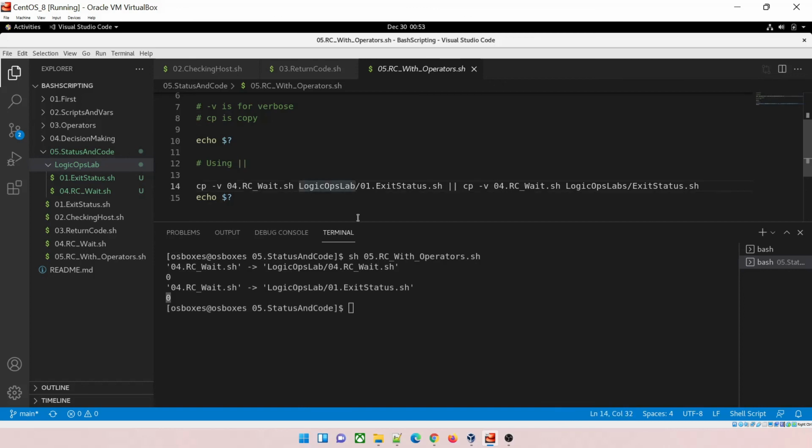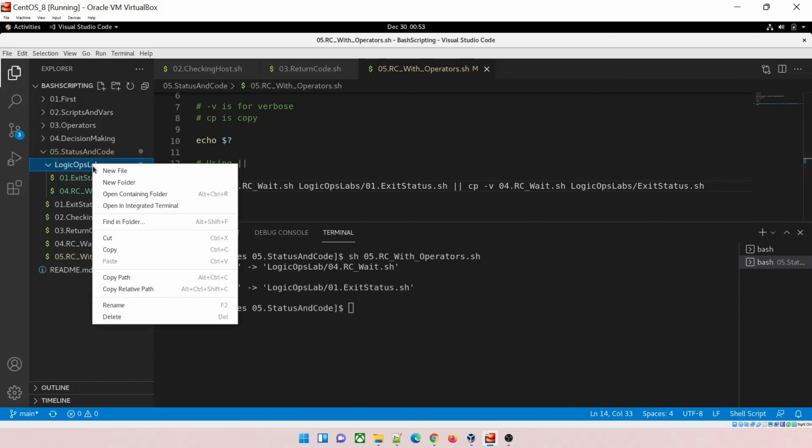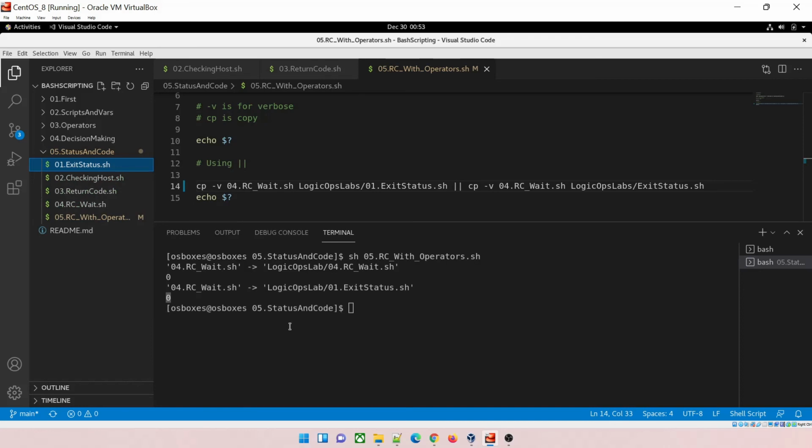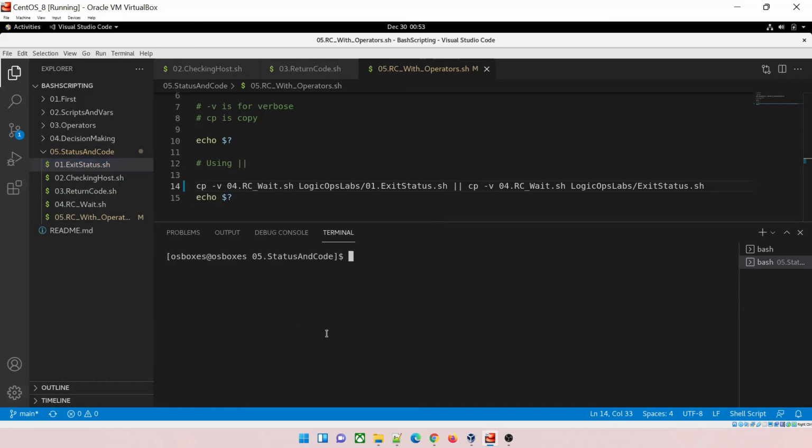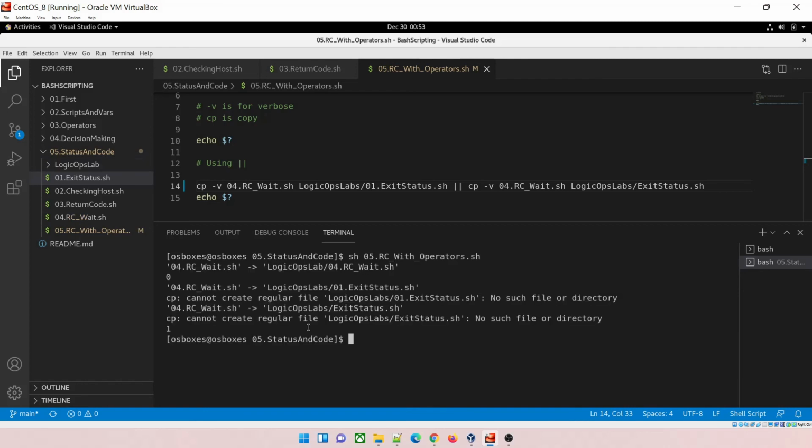Now if I give labs over here and then save it, I'll just delete this folder because I'm going to create it again. Okay, perfect. Let me just clear it and then let's see how it works. Enter, and you can see the exit status is now 1. Why? Because no such file or directory.